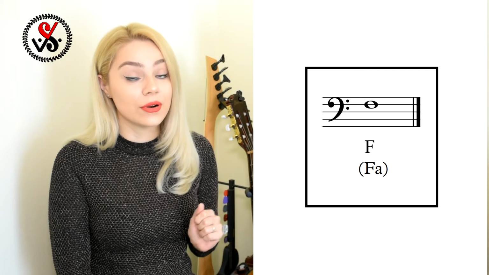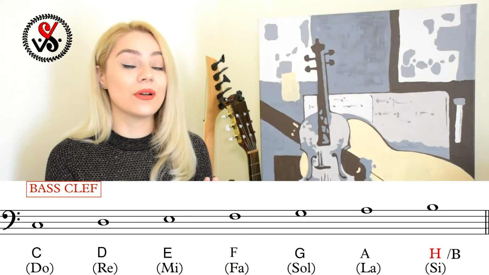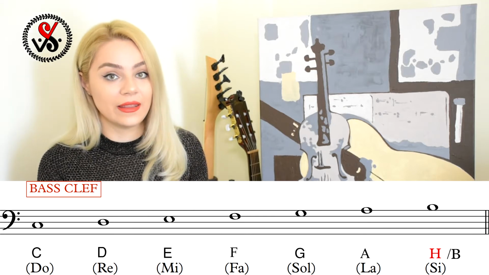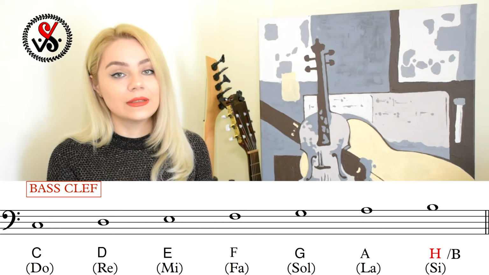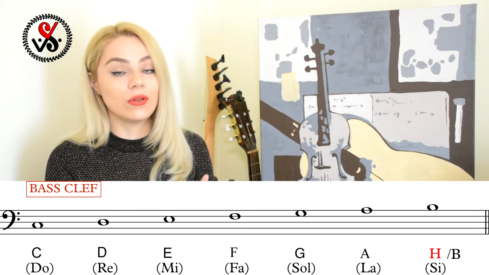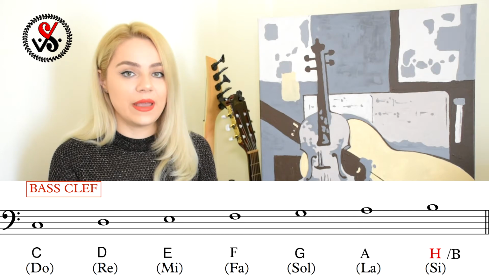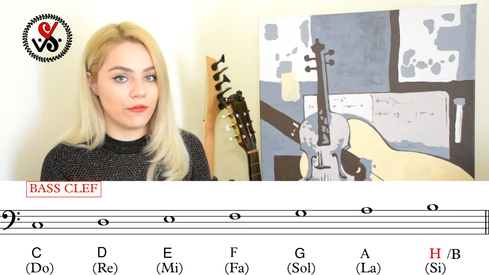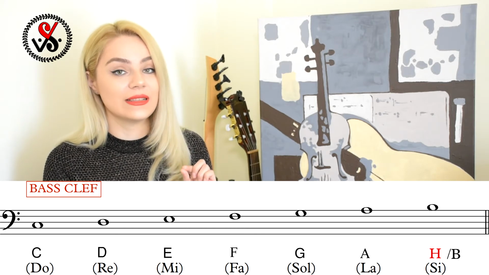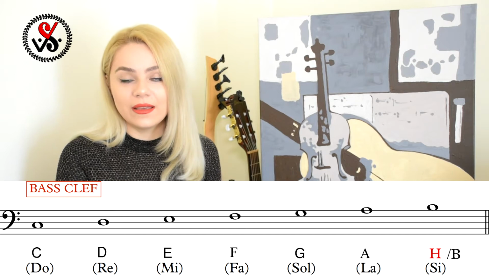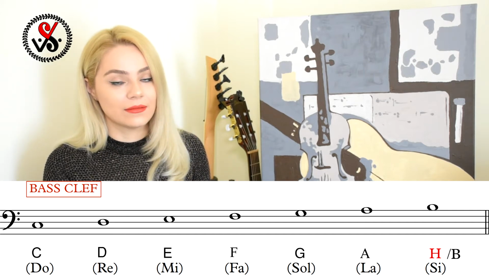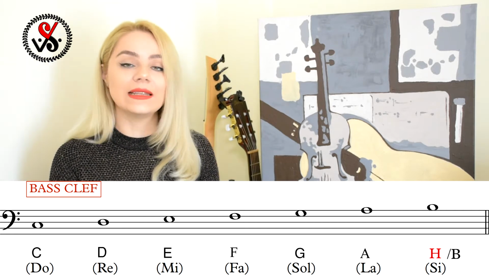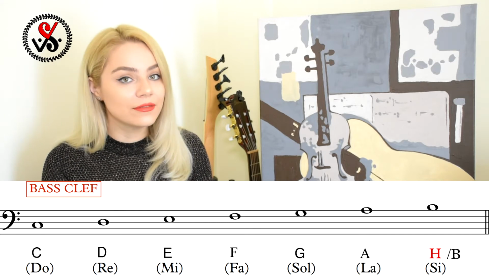Yes, you heard me right. You are probably confused now because you got used to the note D being located on the 4th music line, but this is only for the treble clef. In the bass clef, I repeat again, F is located on the 4th line of the music staff, and this means that C will be located between the second and the 3rd lines of the music staff.